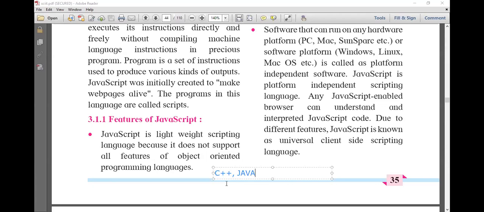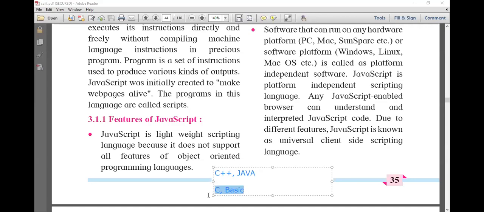Now, one more type of programming language is the procedure oriented programming language. Pure C programming is a procedure oriented programming language. Basic is a function oriented or procedure oriented programming language. So these are the different examples of object oriented and procedure oriented programming languages.